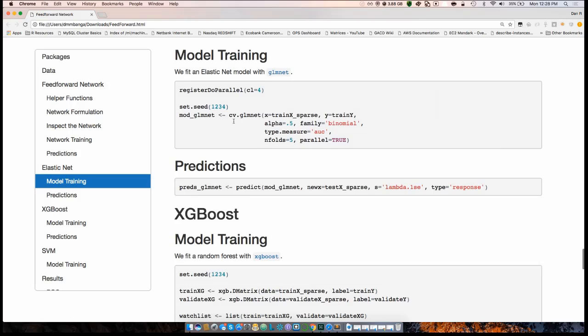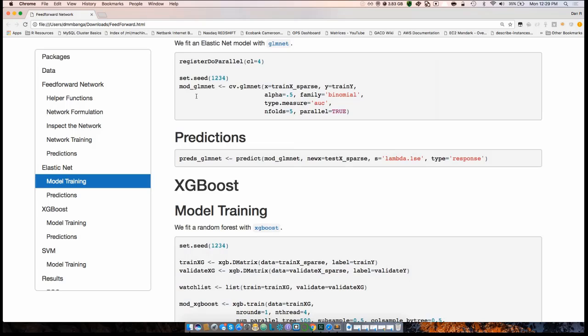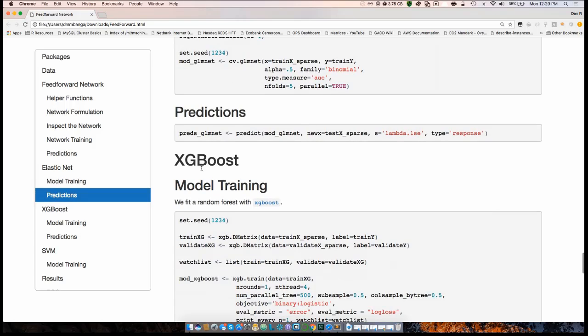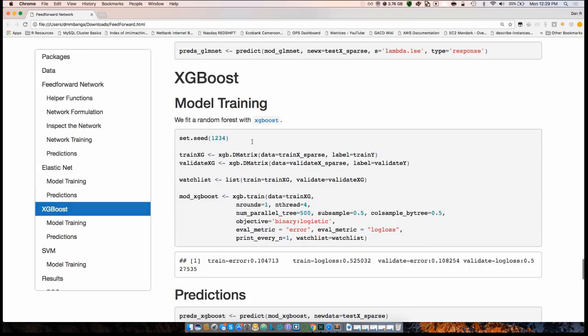Can you talk a little bit about ElasticNet and XGBoost? So ElasticNet was for a long time one of the greatest innovations in machine learning. It still is. It does penalized regression, both L1 and L2, or lasso and ridge, depending on your field, and it fits a generalized linear model on the data in this one line of code. And then for the predictions, just like everything else we've seen, you call predict, and you pass in new data, and you get your predictions.